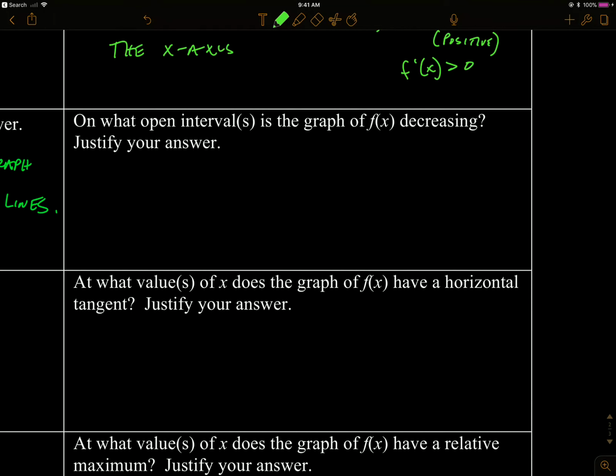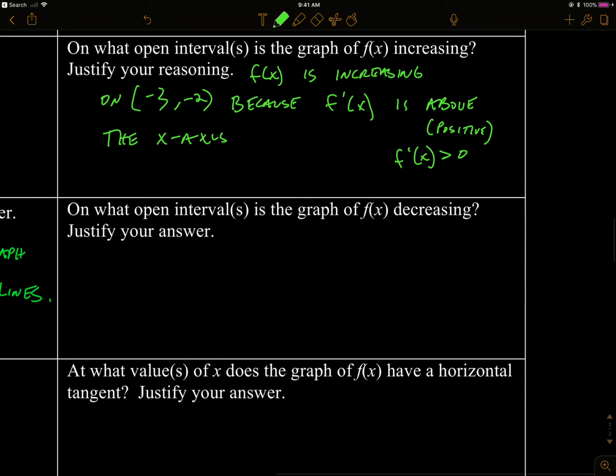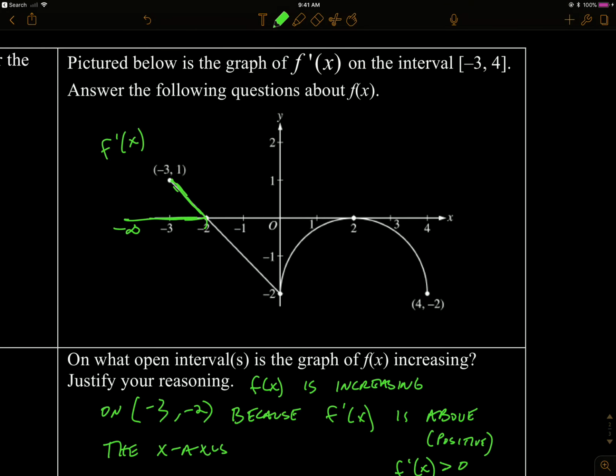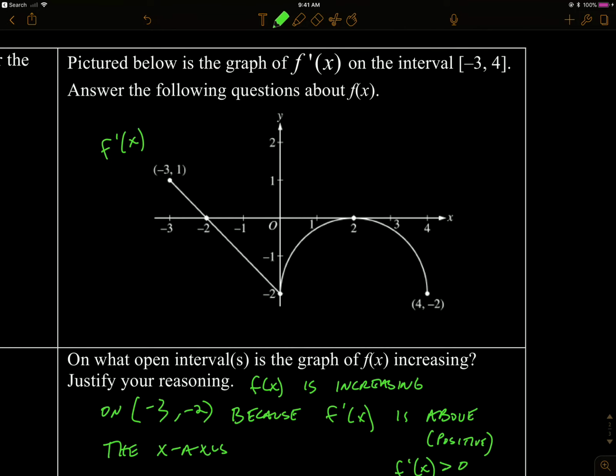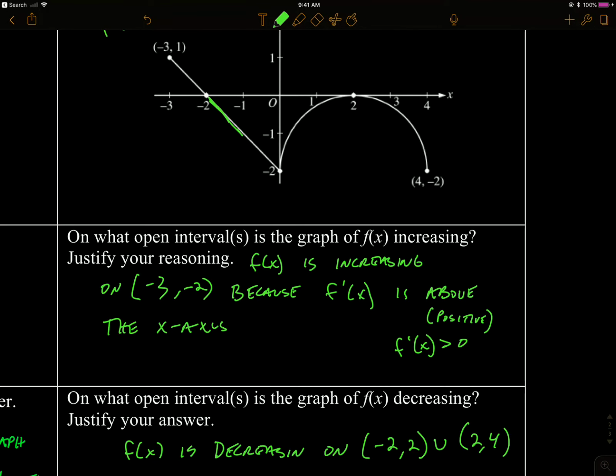Okay, on what open interval is the graph of f of x decreasing? So I restate f of x is decreasing on, and then I have to go find those intervals, and we're going to say it's from -2 to 2, union 2 to 4, because, let me erase this, because the derivative, or f prime, is below the x-axis or is negative